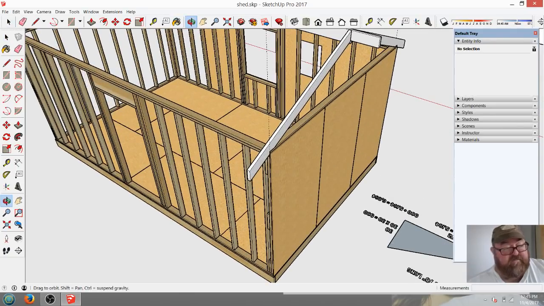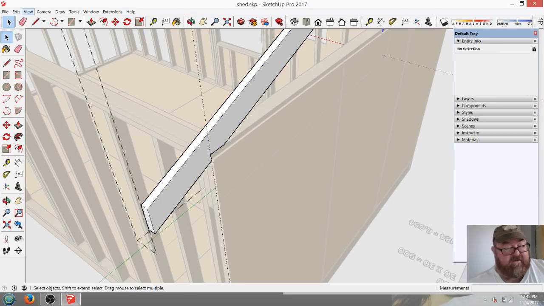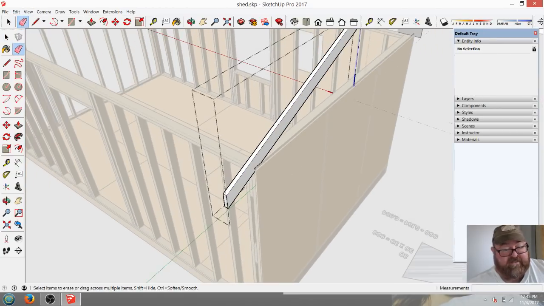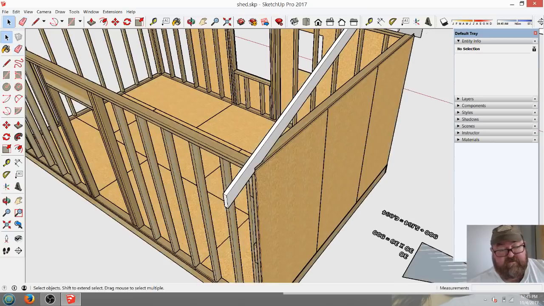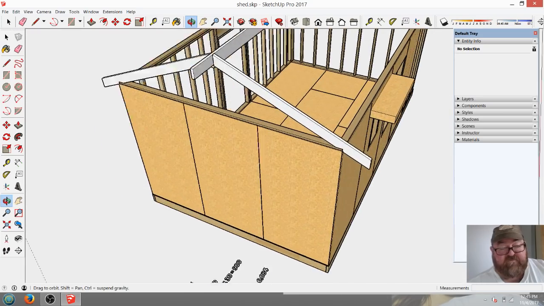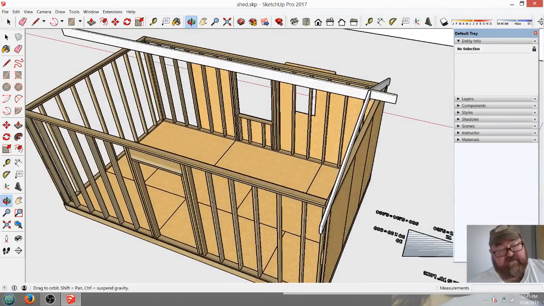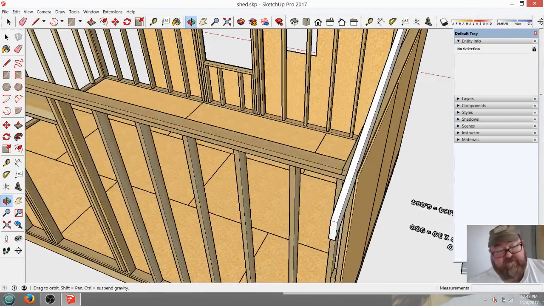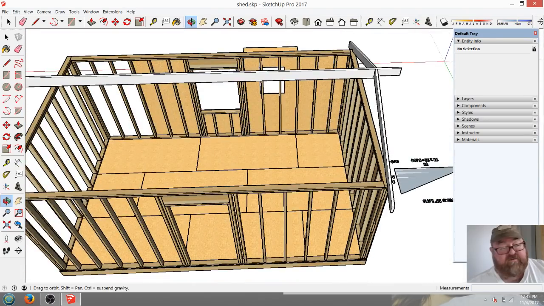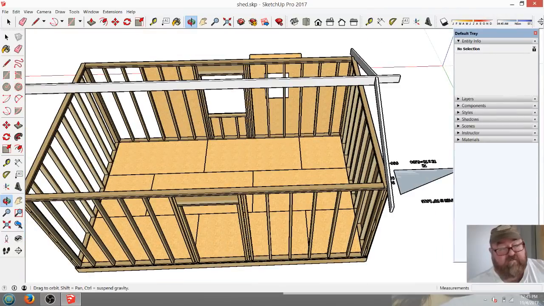So I've probably spent too much time talking about how we would lay out the rafter, but I think it's important to know, because this is all planning. Okay, this is what you need to do to plan for your shed. So from here, what you would do is, we're going to copy both of these. Where's our layout? Okay, we're going to take both of these, and we're going to pretend like we've got them all up. We'll copy them,